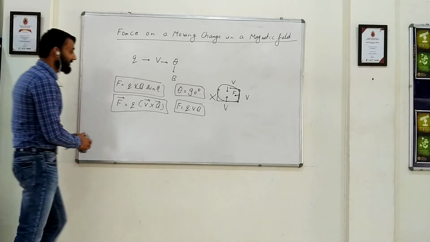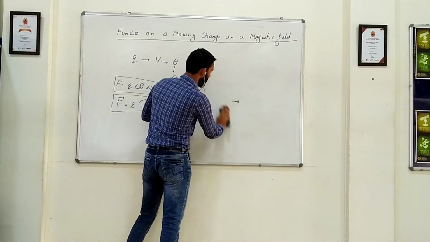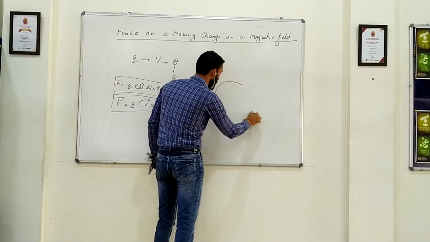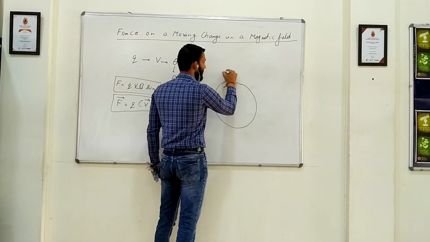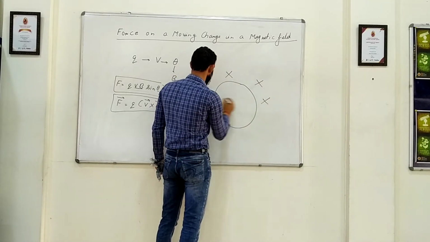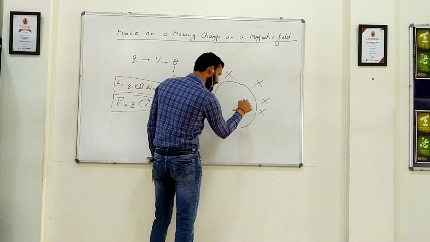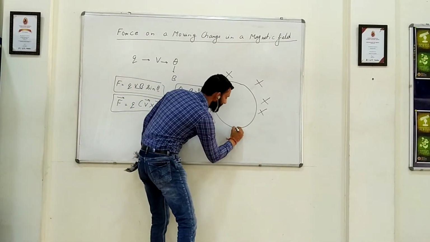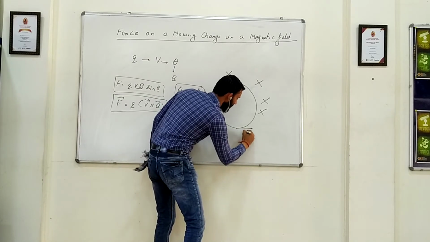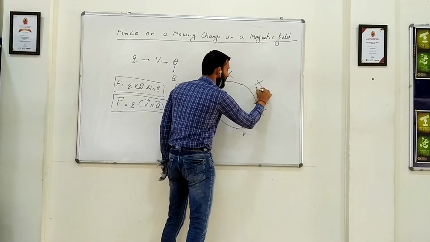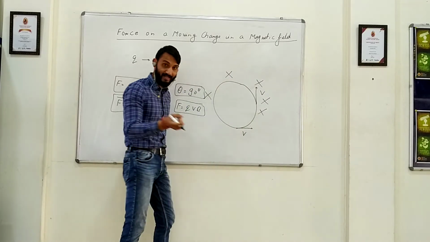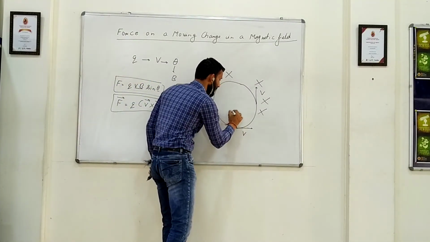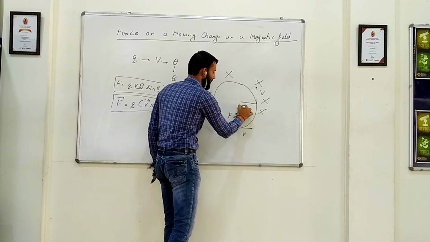So basically, if that is the case, I'll explain this to you. I'll make a circular path and keep this in a cross magnetic field. You know what we mean by cross magnetic field? Cross magnetic field means inwards. Okay, you can try it with the dot magnetic field as well. In this case, the velocity will always be along tangential direction. So if you calculate the force at this point, I explained it to you, the direction of the force will be inward.